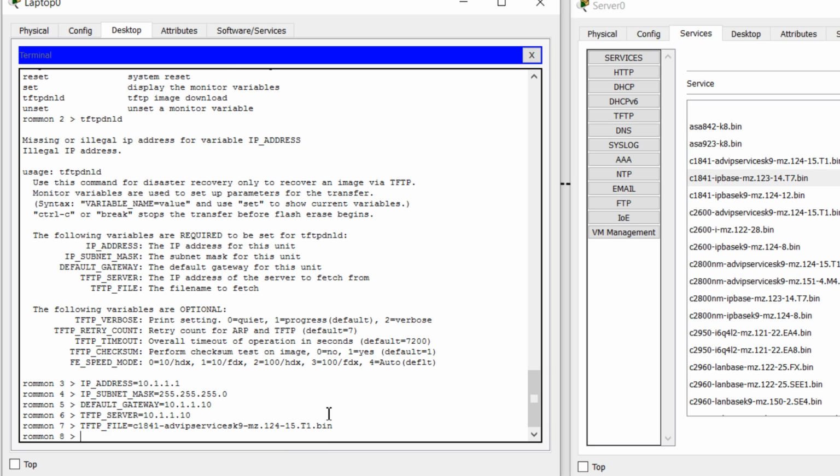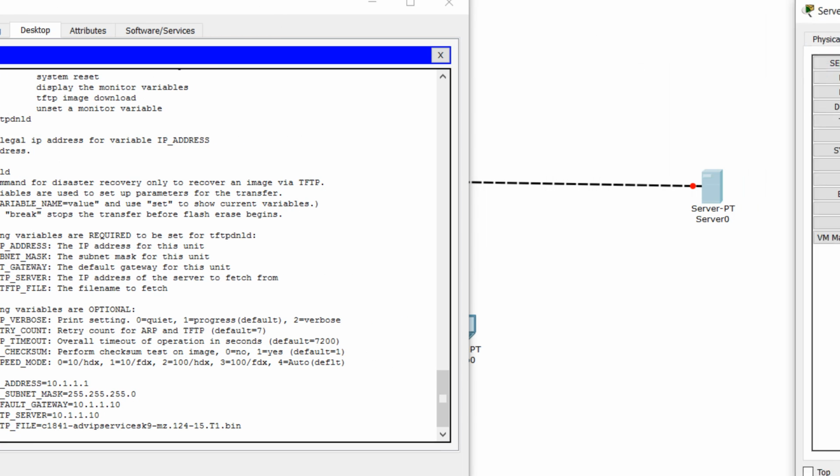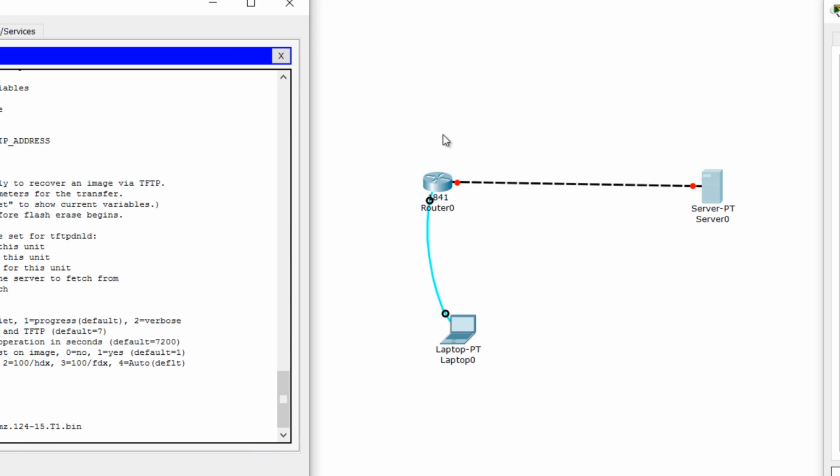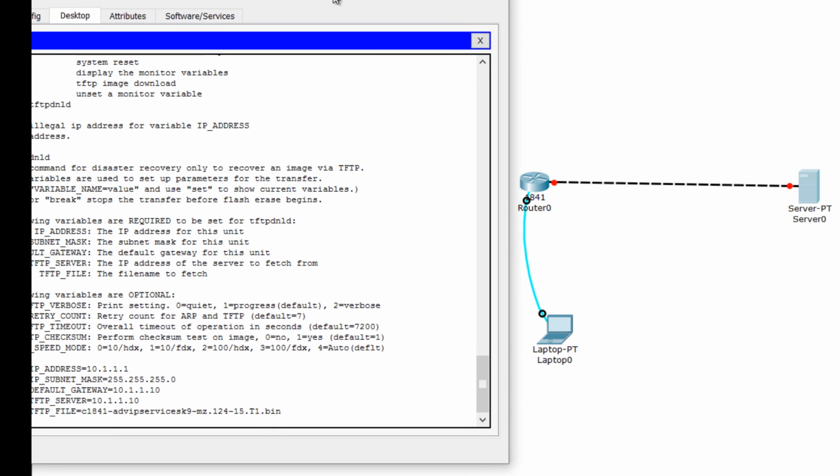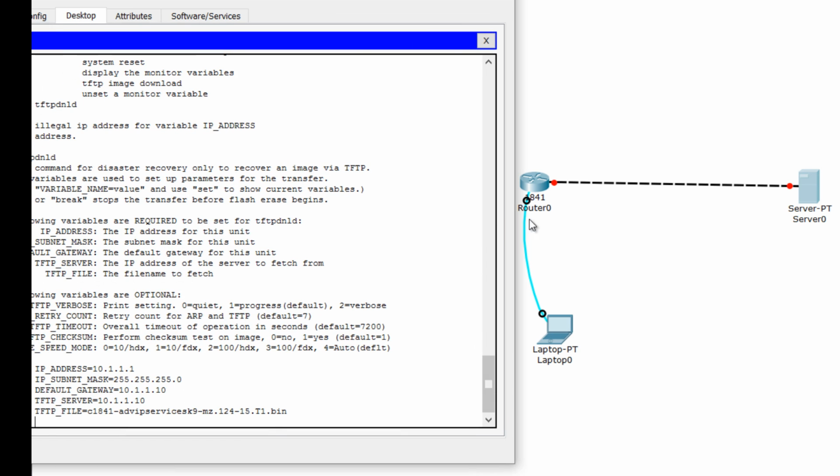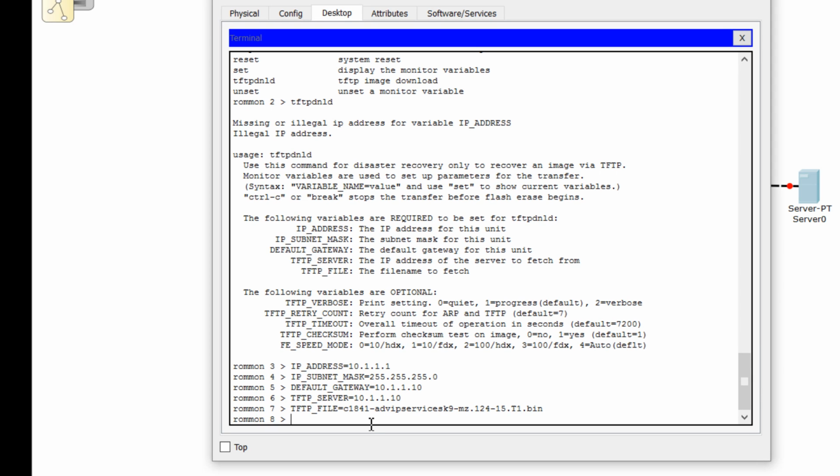So basically what I've done is I have given the IP address, the mask, the gateway, and the default. I don't know if you remember, but this is how the topology is. I'm giving 10.1.1.1 to this device because its configuration is completely erased. In ROMMON mode there is no IP address, so we are creating those IP addresses now, and we are telling it the default gateway and TFTP server is 10.1.1.10, and I've given the file name. So once that's done, all I have to do is run this command